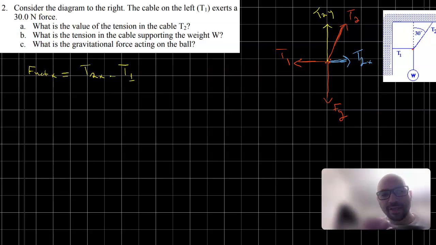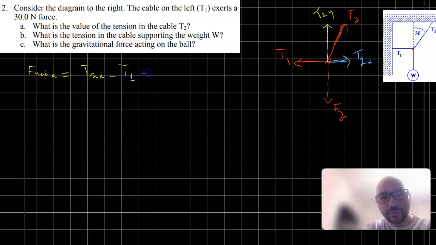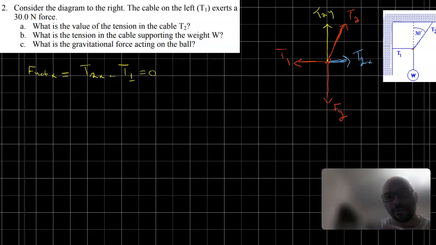So we can look at that later on. So Fnet in both the x and y directions are going to be 0, because there is no motion, there is no acceleration, they're at rest. So we can say that T2x equals T1,